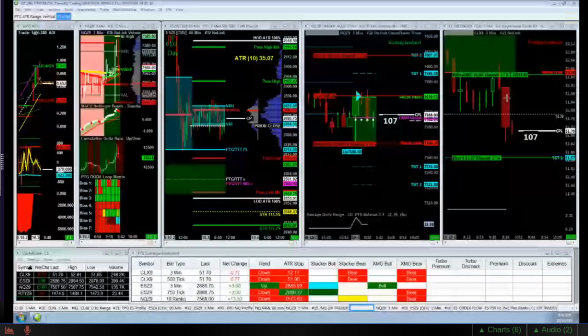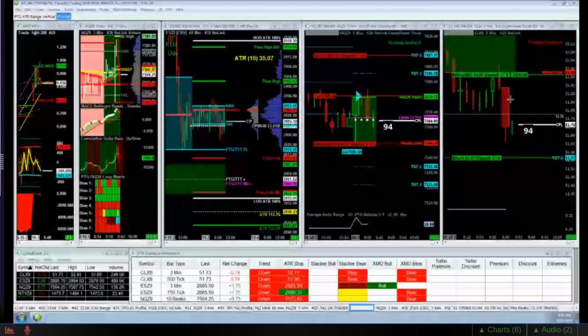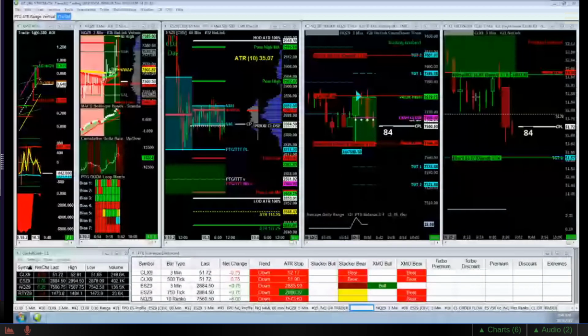All right, that crude oil, that most recent 3-minute candle, that's a wide one. These are, by the way, volume candle bars, if you're familiar with those. The wider the bar, the greater the amount of volume on that. So there's some volume associated with that down move, bigger than the up moves. When it's thin bars, there's not a lot of volume, relatively speaking. We'll see if there's a continued push down there.